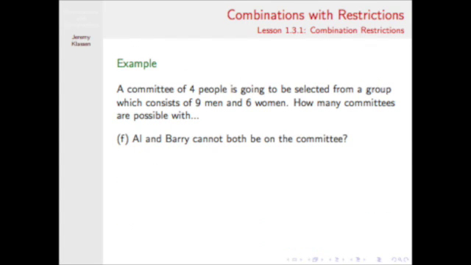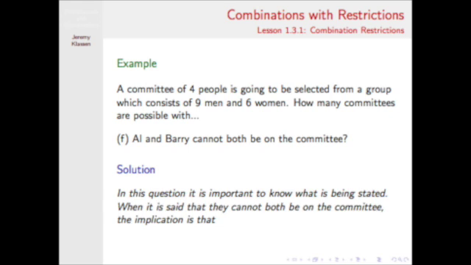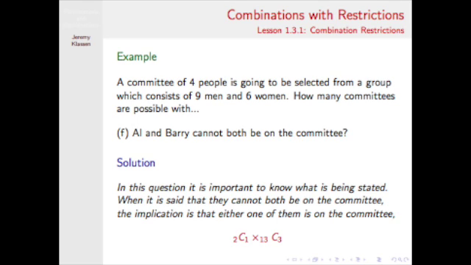Now we're going to take a look at just a couple more questions dealing with specific choices here. What if Al and Barry cannot both be on the committee? It's important that you understand what's being stated here. When they say that they cannot both be on the committee, the implication is that either one of them is on the committee, which would be 2 choose 1 times 13 choose 3 to fill in the rest of the committee,